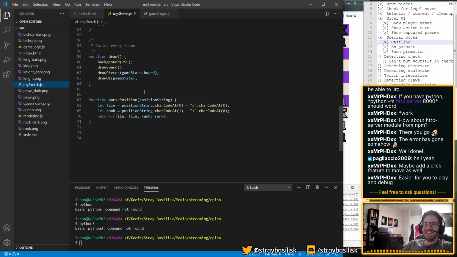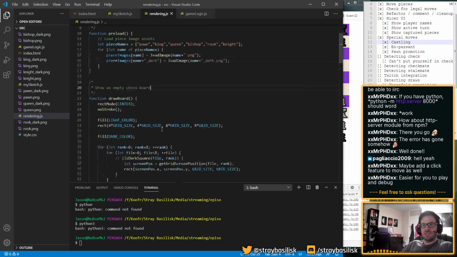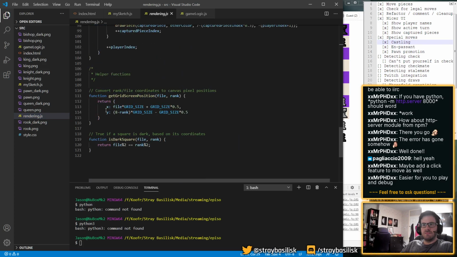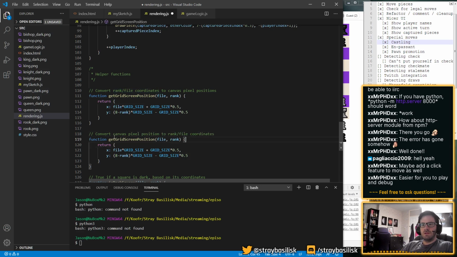Okay. Wondering, I should probably put get... so it's going to be grid size.